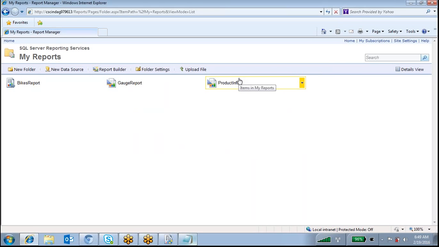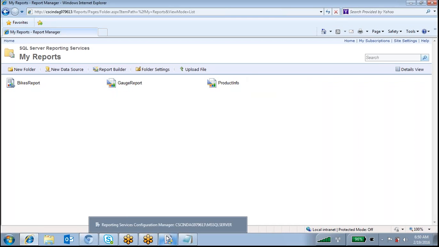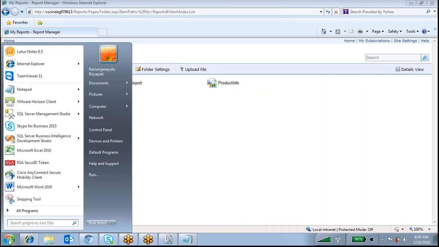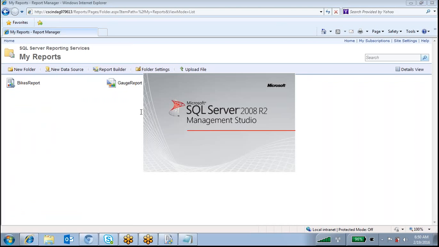So always try to use a stored procedure instead of direct queries. Why are we using the stored procedure? The reason is, if you are using a stored procedure, you no need to go to the report and modify the query. You just go to SQL Server Management Studio, open the stored procedure and modify it.